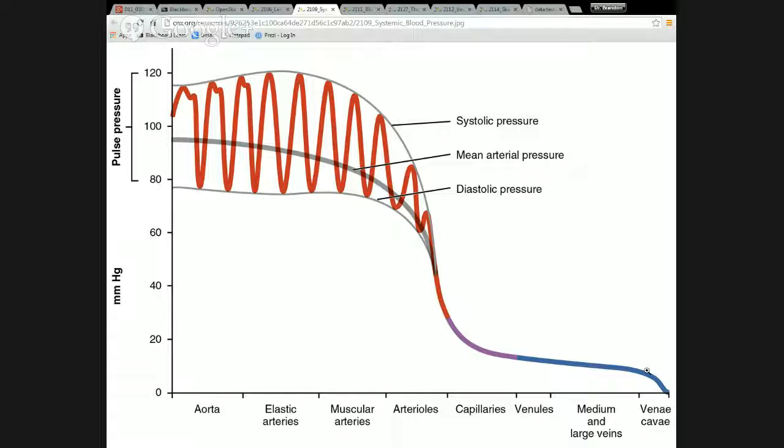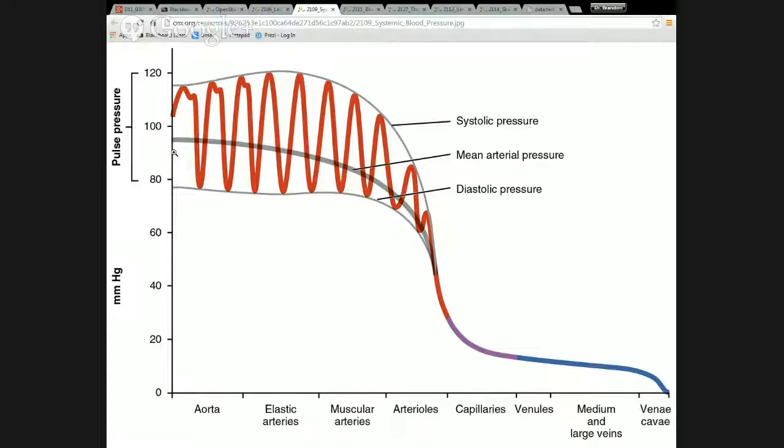And then once the blood gets back to the heart, once it comes back to the right atrium, it's practically at zero pressure, 0 millimeters of mercury. It's actually not at 0, but it's really close. It has to be a little bit higher than that because the pressure in the atrium has to be higher than the pressure in the ventricle on the right side so that blood gets to the ventricle. But that's the point. It starts very high because the pressure is really built up by the beating of the left ventricle, and it pushes blood throughout the whole